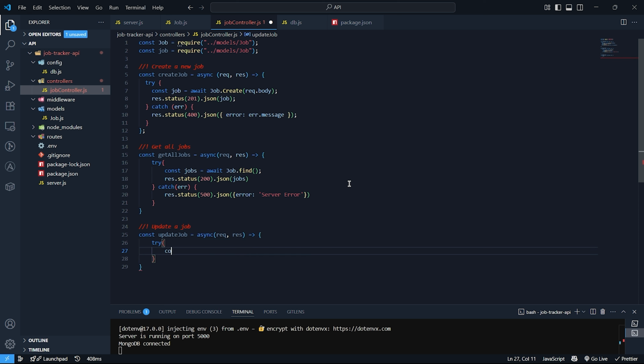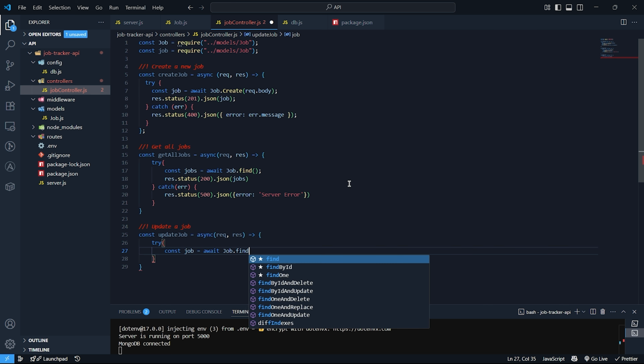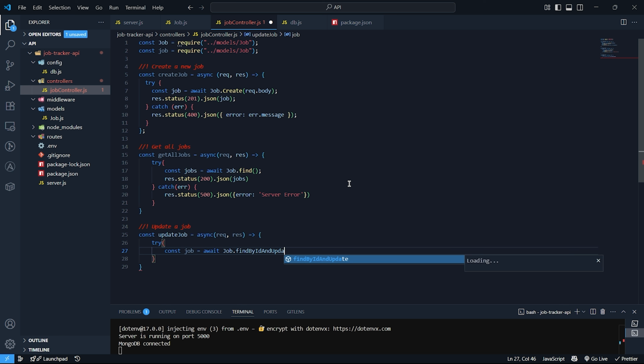We'll do try, const job equals to await job dot find by id and update. Request dot